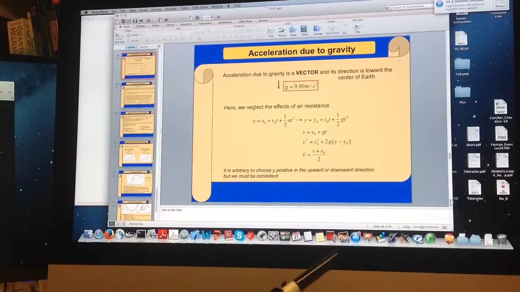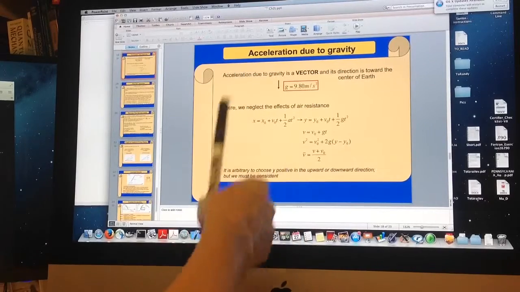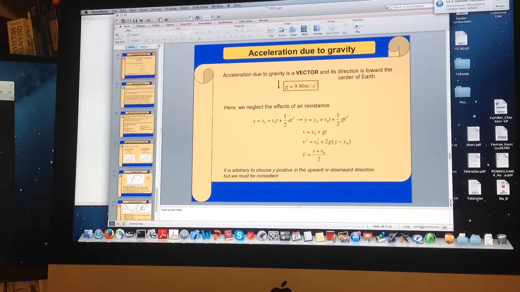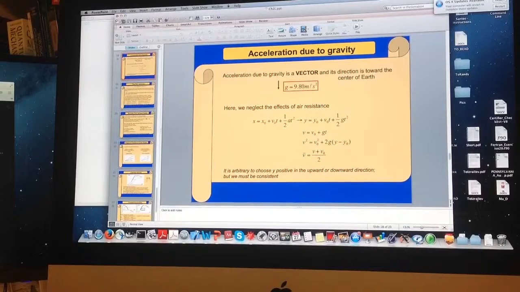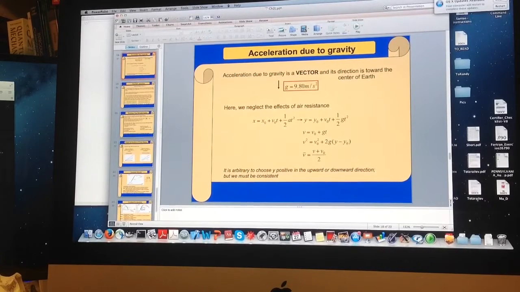Okay, this is an important point now. We'll have to choose a reference frame, and it's totally arbitrary. I can call up being plus, or I can call down being plus. It will depend on the problem that we are trying to solve. This choice of the reference frame can make things a little simpler, that's all. But the choice of reference frame should never affect the results. The results will be exactly the same. There can just be more convenient frames.